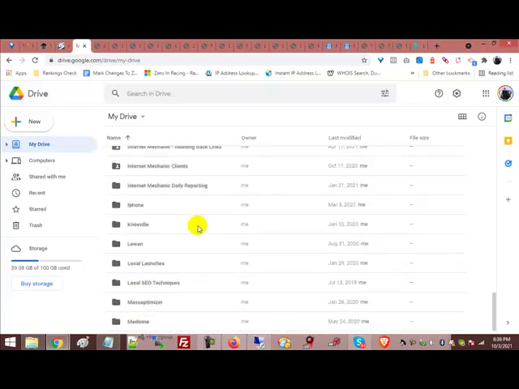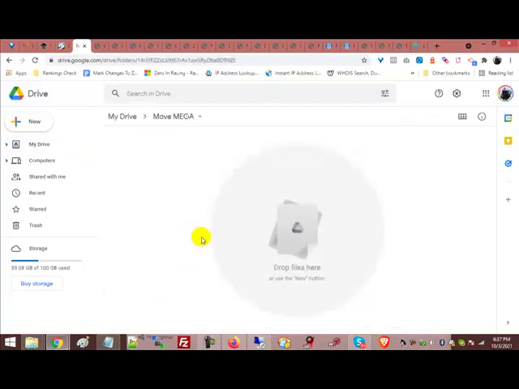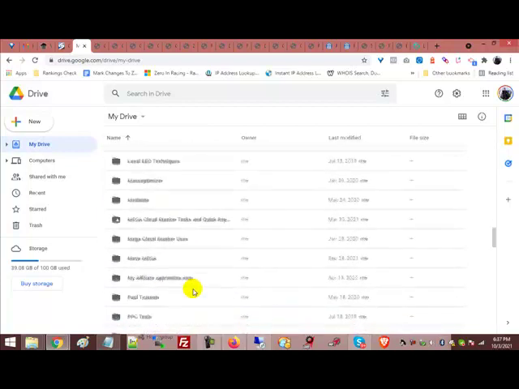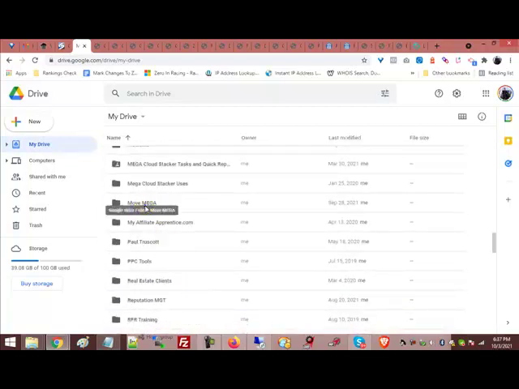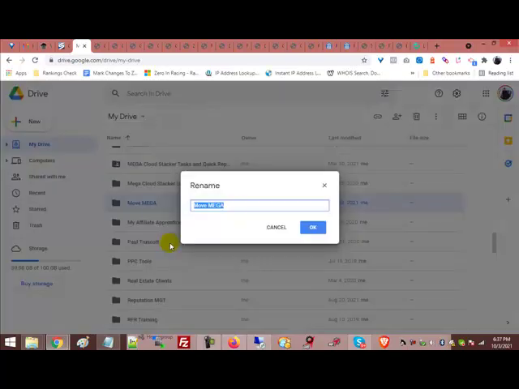Let's find the Mega Cloud Stacker. Move Mega. So I'm going to open that, and I'll rename this in a minute. Let's just rename it now. We're going to rename this to Mega